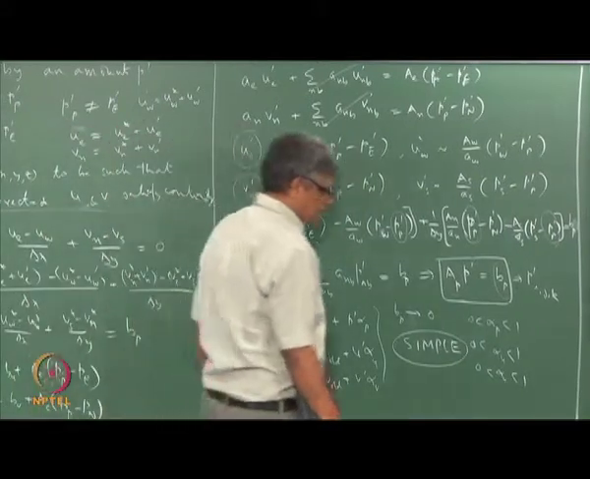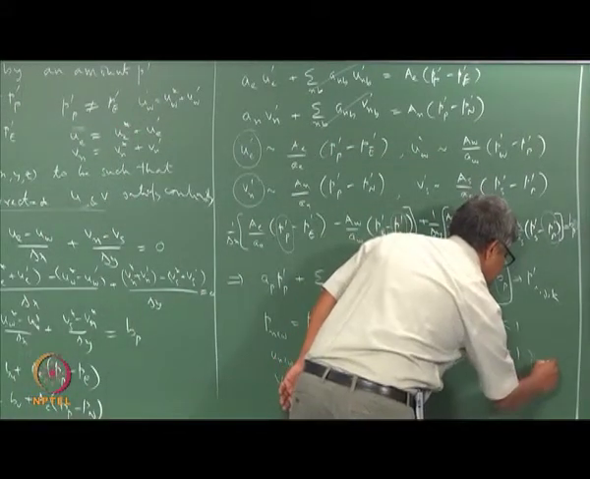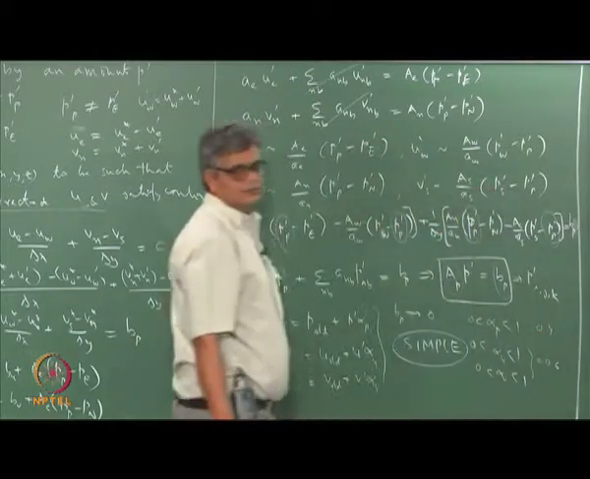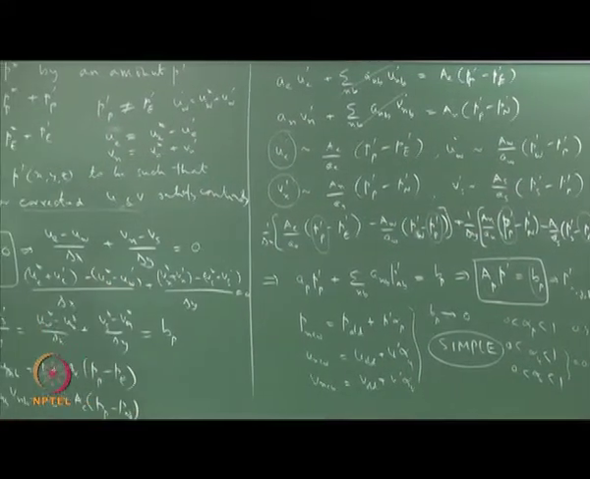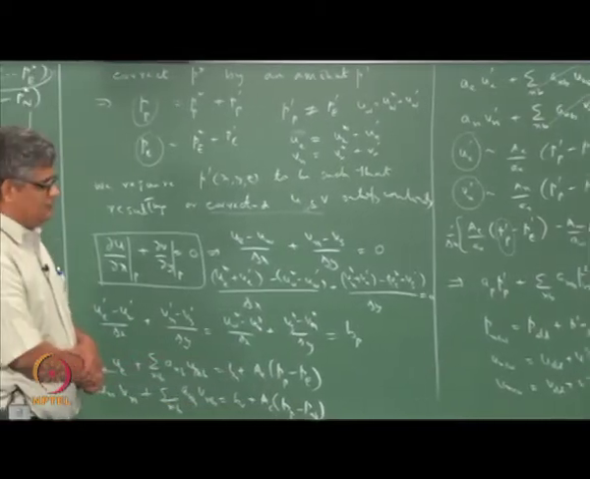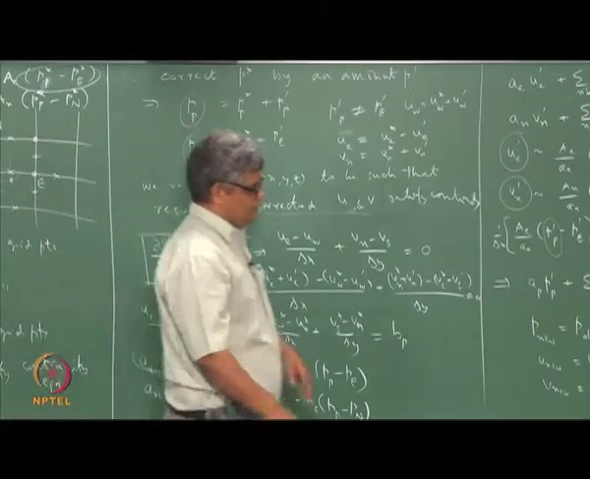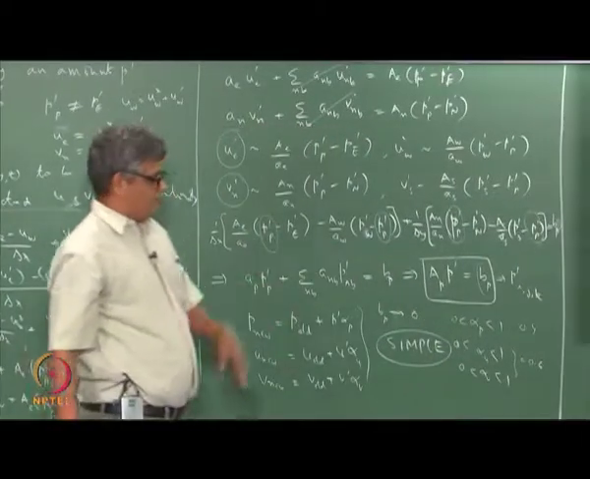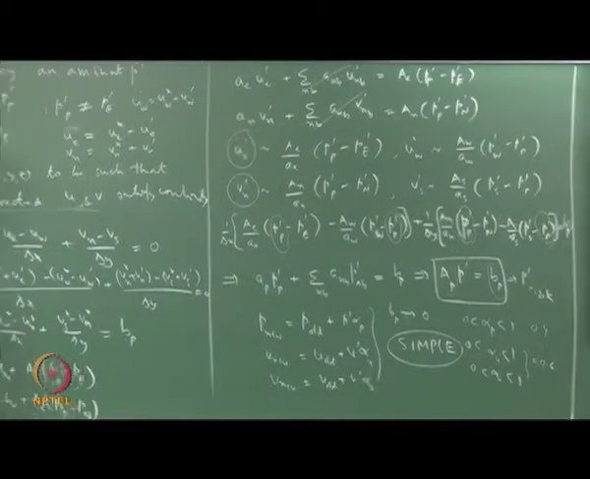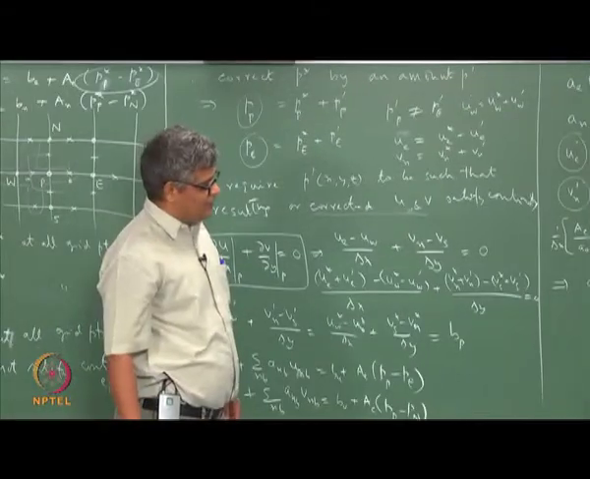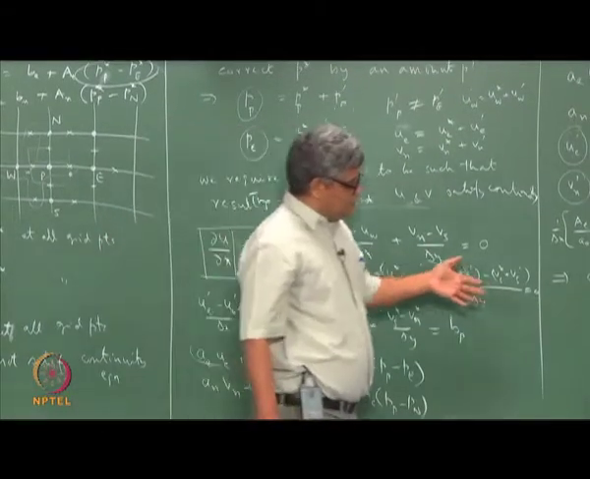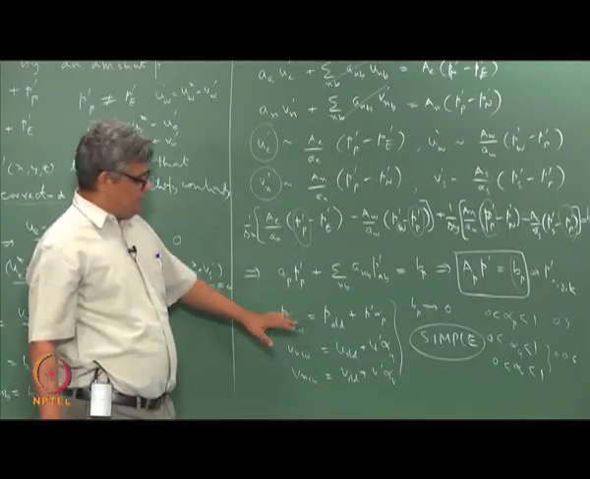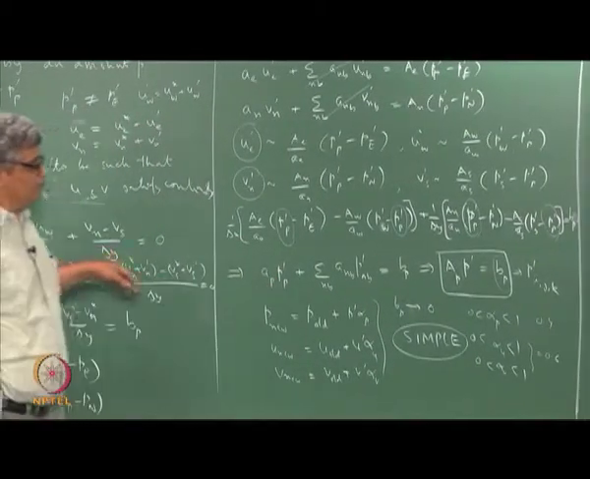Typically, you take these things to be around 0.6 and this to be around 0.4. Okay. So, something like that is a good thing, and this plus this must be equal to 1 is a rough guideline, something that has been arrived at. And so, with the specification of these under relaxation factors, now you have everything that you require to complete one